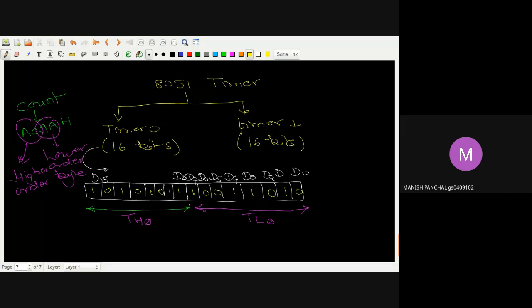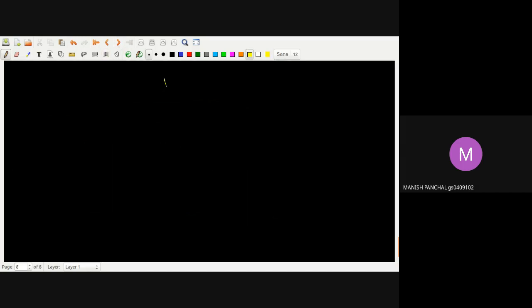क्योंकि जब मैंने कहा था कि जब आप कोई भी टाइमर इनिशियलाइज करते हैं, तो सबसे पहली चीज होती है कि आप उसमें कोई ना कोई काउंट की वैल्यू लोड करें. तो काउंट की वैल्यू कैसे लोड करेंगे? जैसे फॉर एग्जांपल अगर मैं टाइमर 0 का प्रोग्राम करना चाहता हूँ, तो मुझे पहले TL0 की वैल्यू लोड करनी पड़ेगी, उसके बाद TH0 की वैल्यू लोड करनी पड़ेगी. तो मैं इसको एक तरह का 16 बिट टाइमर कहूंगा. ओके, सिमिलरली अगर मैं टाइमर 1 की बात करूं, टाइमर 1 के पूरे 16 बिट को यहाँ पे ट्राई करूं,